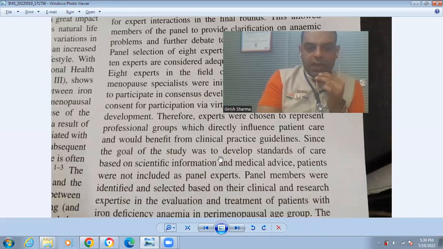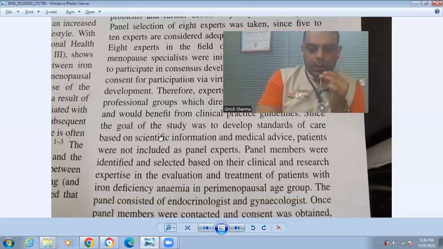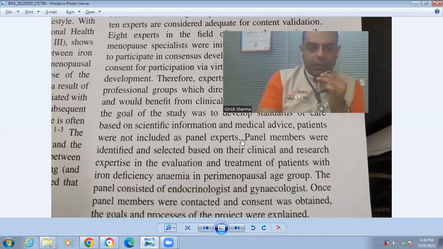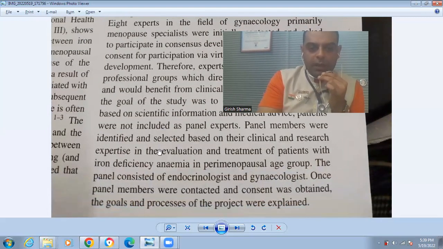Since the goal of the study was to develop standards of care based on scientific information and medical advice, patients were not included as panel experts. Panel members were identified and selected based on their clinical and research expertise in the evaluation and treatment of patients with iron deficiency anemia in the premenopausal age group. The panel consisted of endocrinologists and gynecologists. Once panel members were contacted and consent was obtained, the goals and the process of the